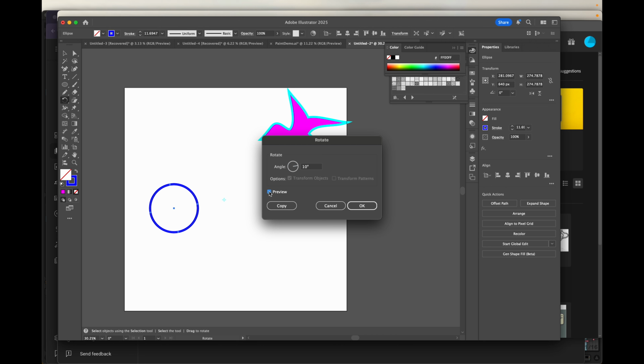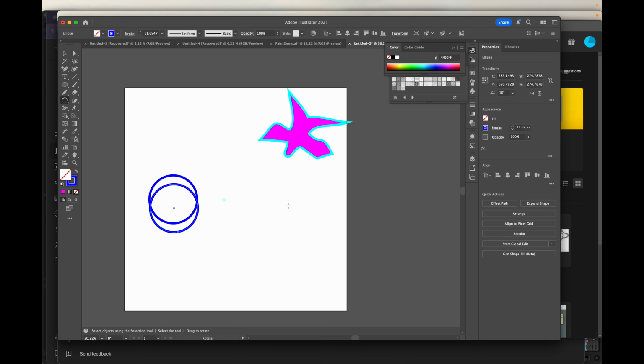If I uncheck preview and then recheck preview, you can see it nudges it a little bit. And instead of just moving this, what I want to do is create a copy. And once I've done that,